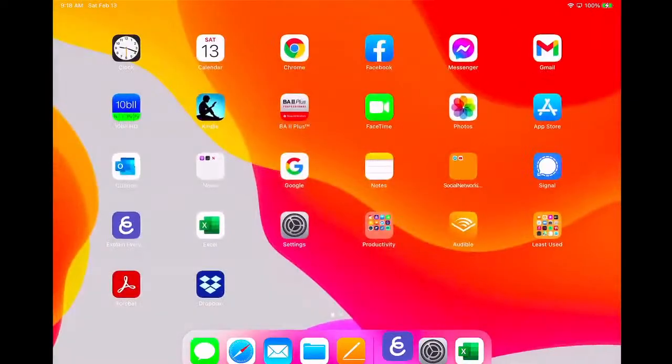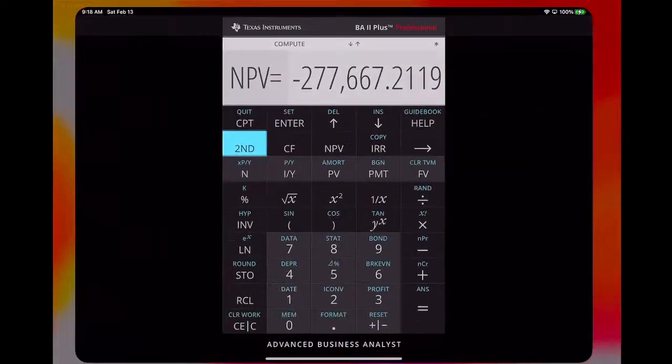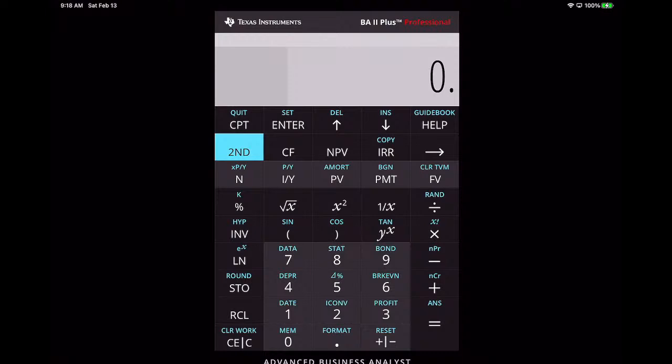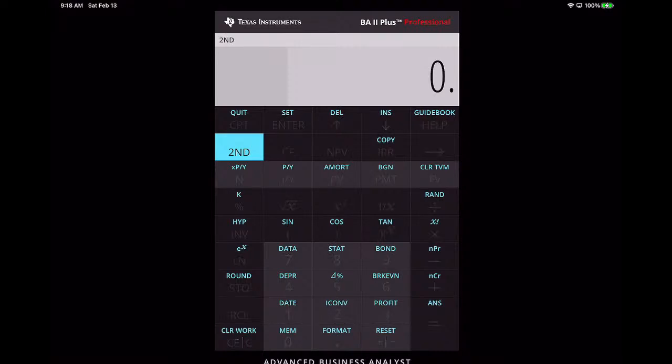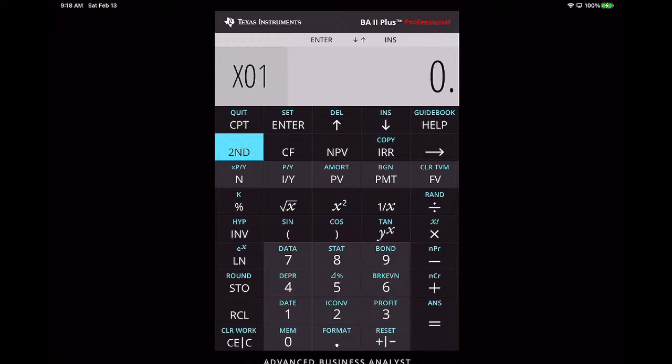Okay, so let's go into my calculator, and I want to use stat mode. To activate the stat mode, I hit second data. I am going to be able to enter my data through this worksheet. So let's begin, we're going to use this to calculate the mean. So for Ruth, the values were